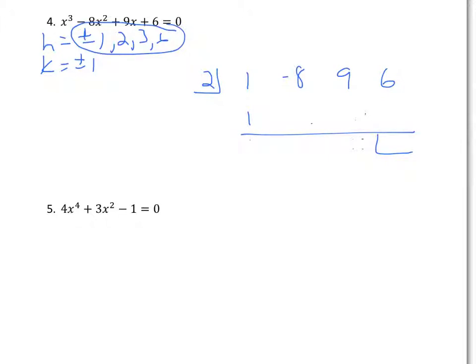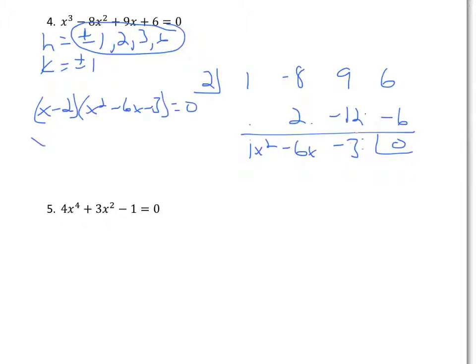Oh, sorry, I don't need that. I want the 1 down here. 1, 2, -6, -6, 3. Oh, sorry, that's not supposed to be -6. I knew I made a mistake somewhere. It should be -12 up here. So -3, -6, 0. Okay, I got my root there, so we have x minus 2 times x squared minus 6x minus 3,